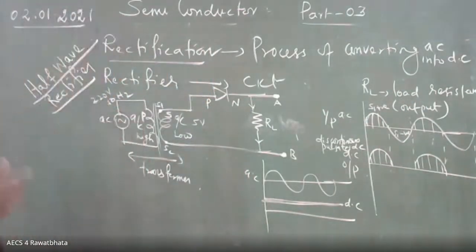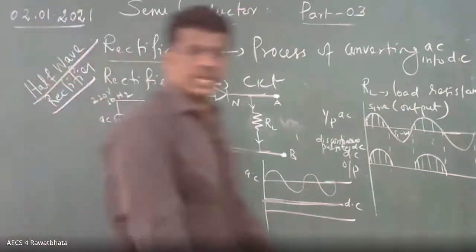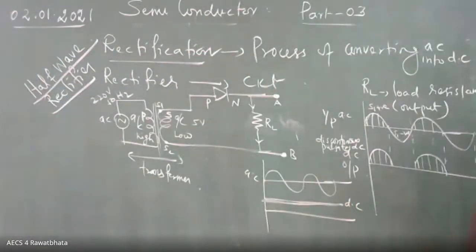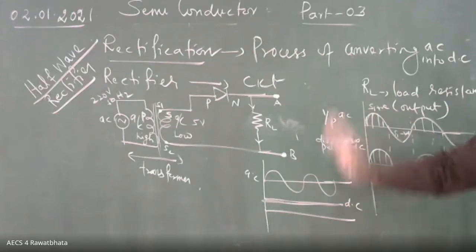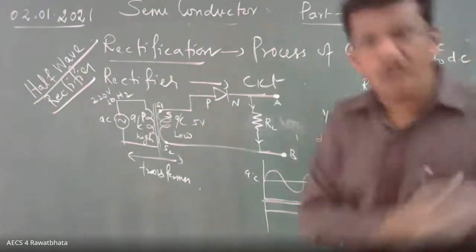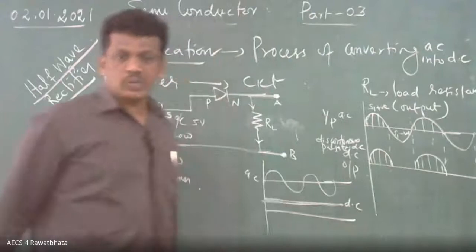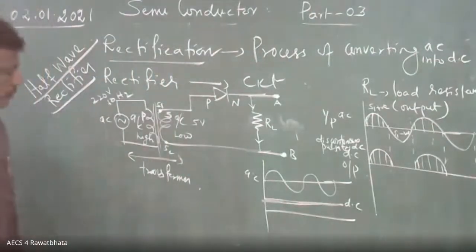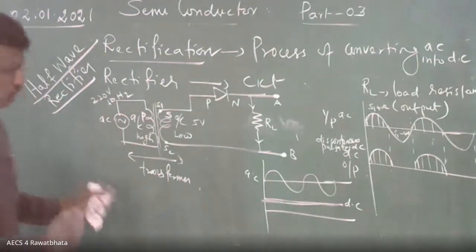That's all. So I may take 5 minutes, I can take very well. If you have doubt, you ask me, because I'm going to explain with the same setup, the full wave rectifier. What is full wave? Complete AC is converted into DC. Here, what is happening? Only half cycle. Whatever you have positive, you got it. Negative is filtered out. That's why it is called a half-wave rectifier. So what do we have to discuss now? Full wave. If you have doubt, please ask me.